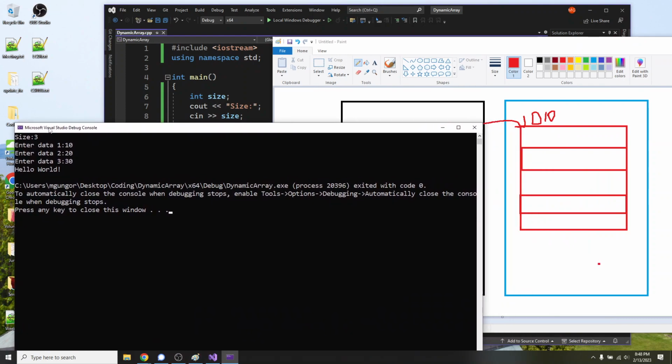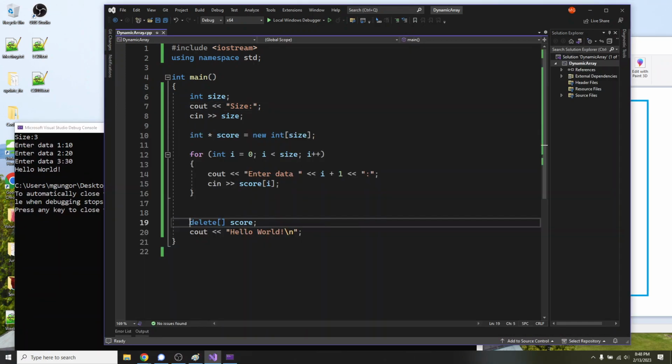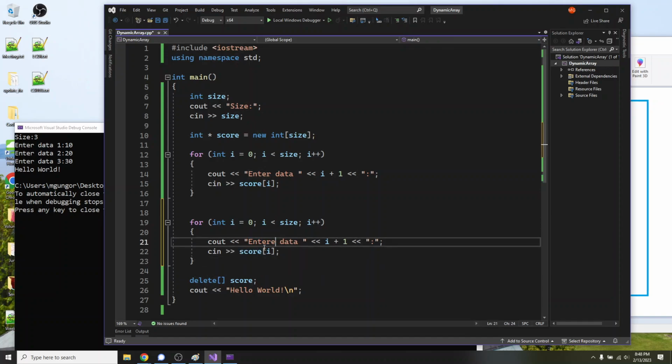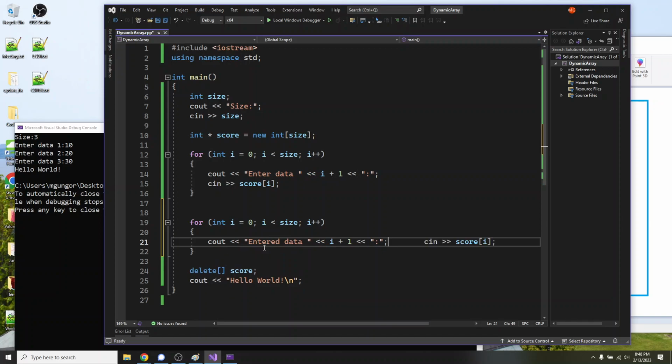Let me put the delete over here so we can see. The memory will be deallocated, and before that I can access all of them. Whatever data I entered, let's print it out to the screen. I will say entered data, and then print each element with a tab in between so we can see each of them clearly. Before this, a \n would be nice. So when I run this,